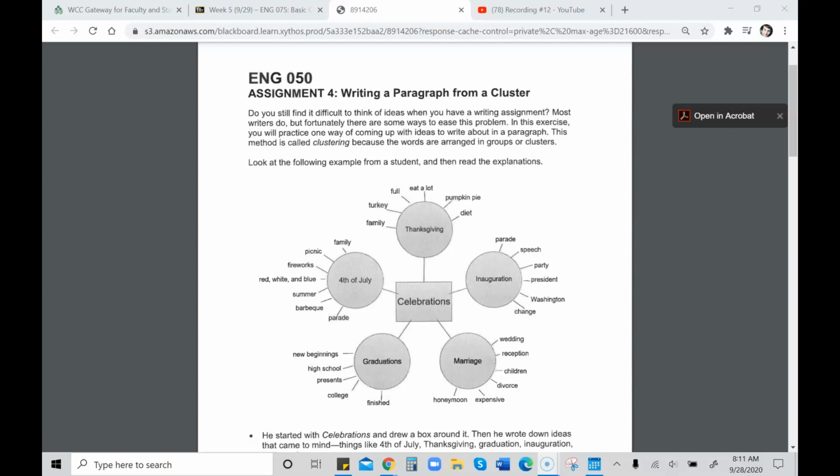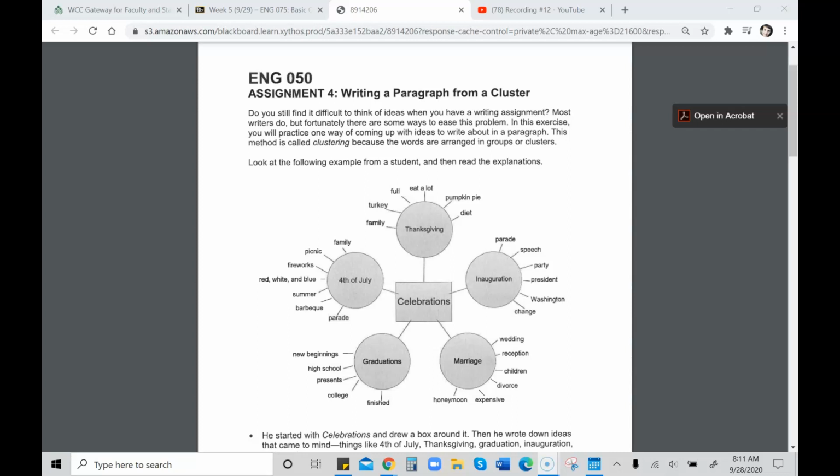All right, we're going to get a chance to do some writing this week and using a cluster in order to get ourselves going. So this is actually assignment 4 from the English 050 Writing Center book that you're going to work on. And you will have some choices about the topics that you want to pick for this. So the book will actually, or the activity will give you some options, or you can actually use Writing Center number 3,